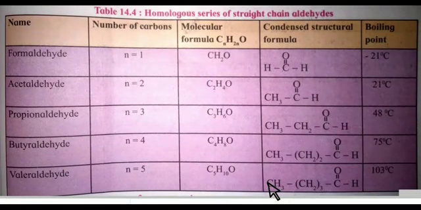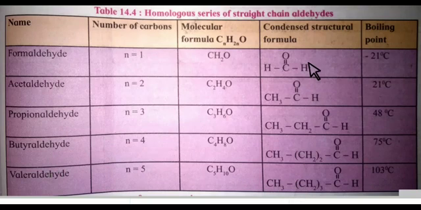for the aldehydic chain. See here, the first compound is formaldehyde and you can name it methanal. Second one is acetaldehyde, it is ethanal. See here, no CH2 group, here again no CH2 group, here one CH2 group, here two CH2 groups, here three CH2 groups. So methanal, ethanal, propanal, butanal and pentanal, means formaldehyde, acetaldehyde, propionaldehyde, butyraldehyde and valeraldehyde. These names are the common names.